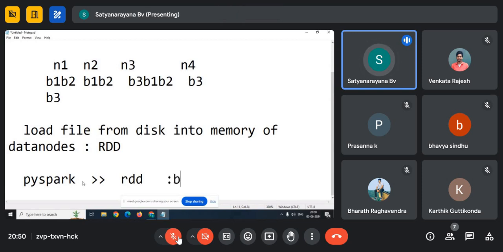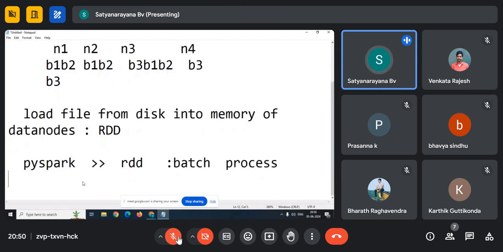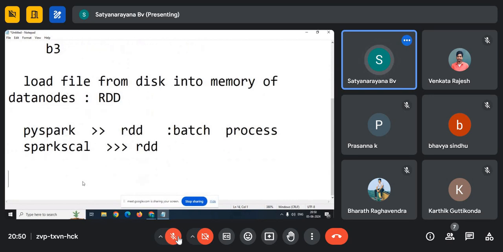That is called which type of analysis? Batch processing analysis. If you know Scala, you can also analyze the RDD with Spark Scala. That is also batch processing analysis, right? Understood? Clear, guys? So we need to create an RDD when you want to analyze the HDFS